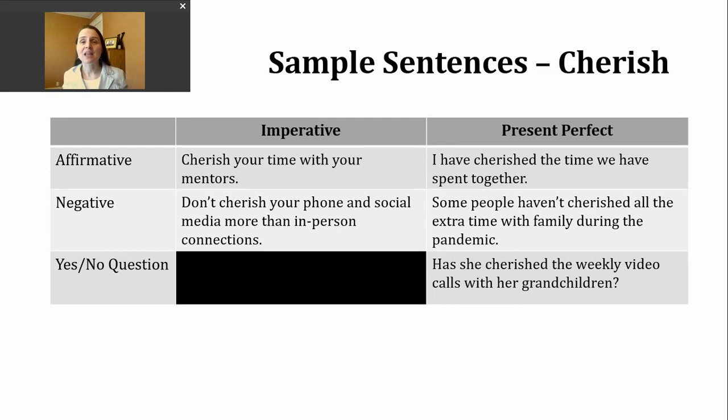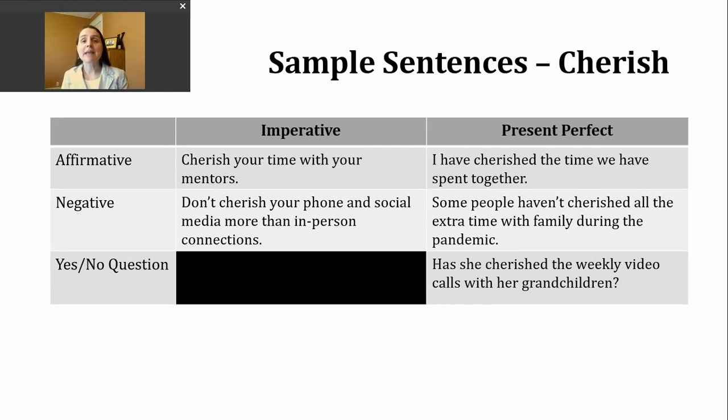and it just might not matter. To form the present perfect, you're going to use have and a participle, and that's when your subjects are I, you, we, or they, or you'll use has and then the participle when your subjects are he, she, or it. Let's look at an example sentence. I have cherished the time we have spent together. Okay, so this feeling of appreciation has continued from the past into the present.